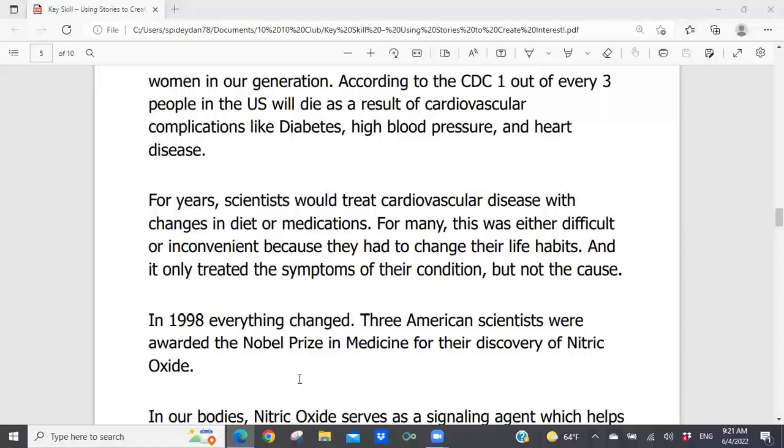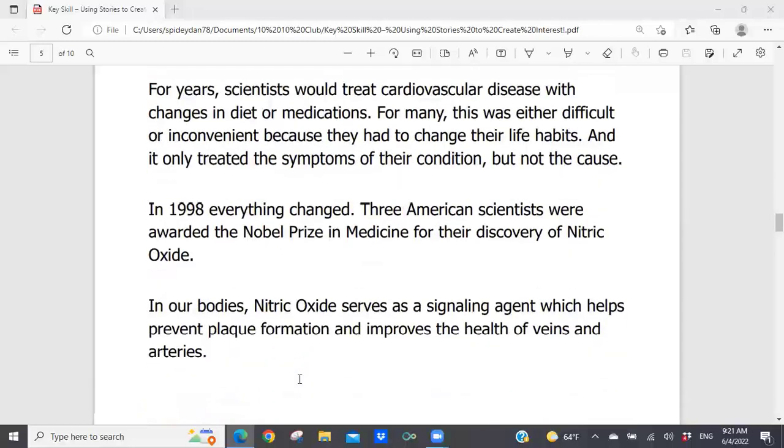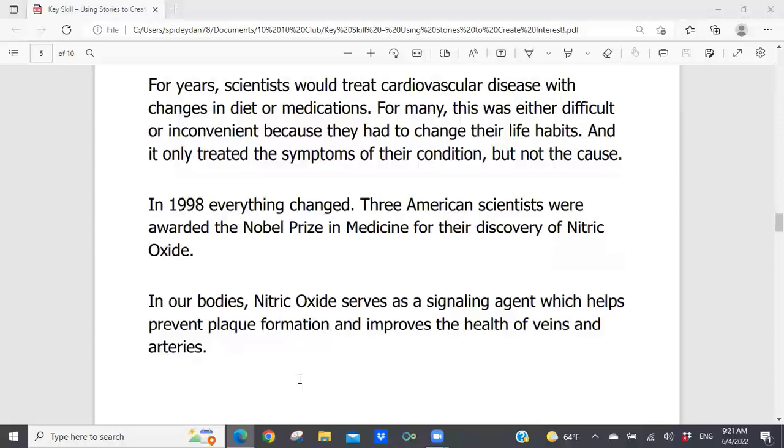And he talks about the difficulty, the pain that people experience with that, either the inconvenience or the changes in their life habits that most people don't want to make, that it only treats symptoms but not the underlying cause. And then he throws in 1998, everything changed. He uses 1998 as a pivotal point. And then he again brings validity to the nitric oxide through the Nobel Prize in Medicine,